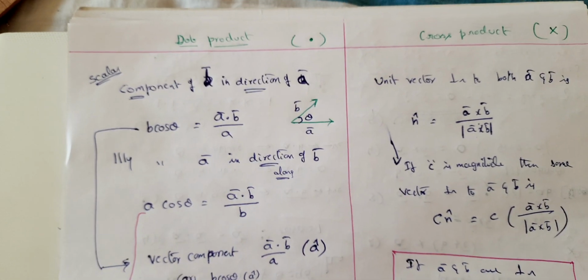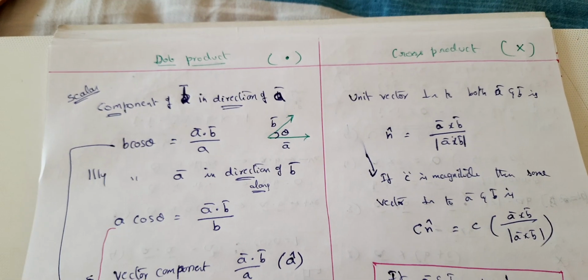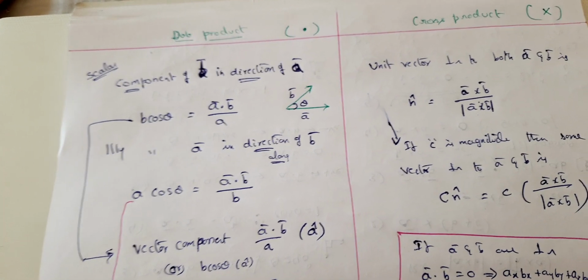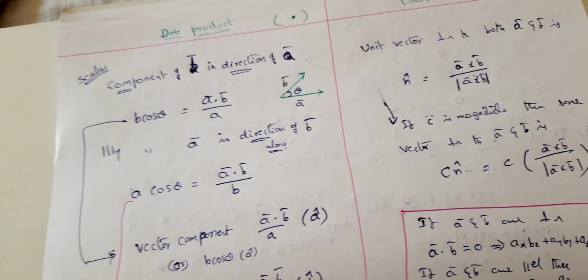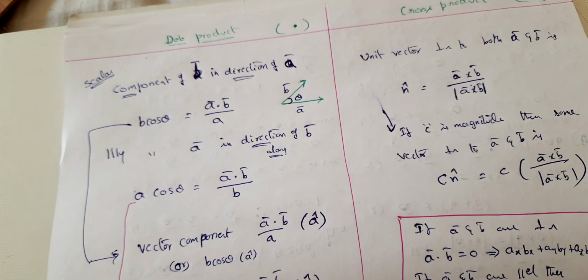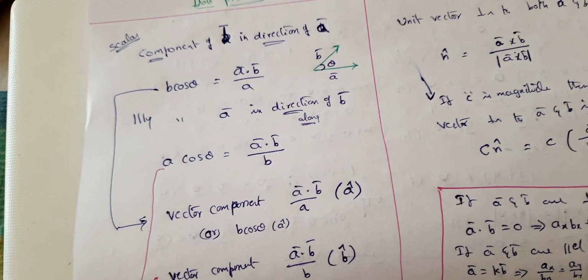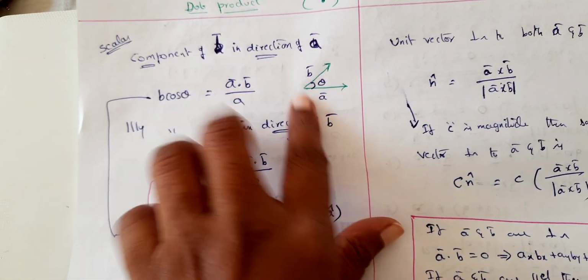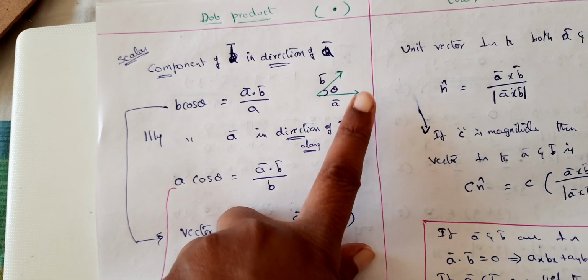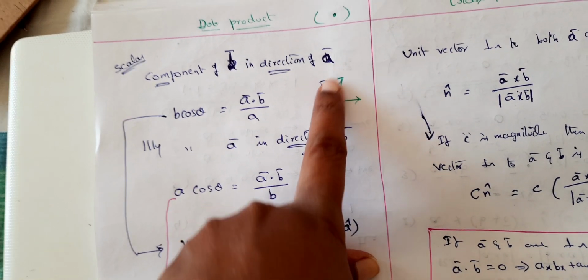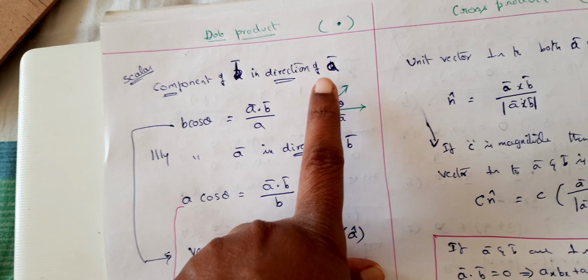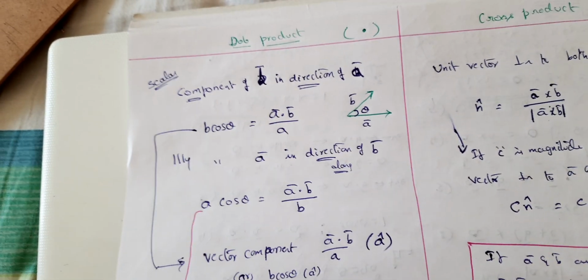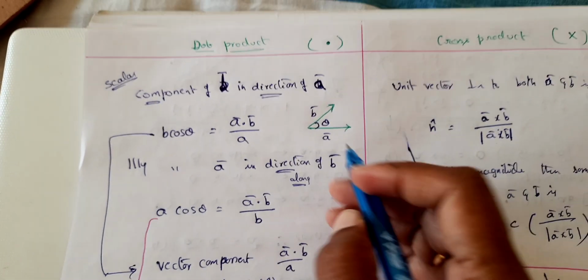So here we go with now where and how this dot product and cross product can be used, in which manner. That means you know the concept. Now we are bringing out some tools from the concept, right? So it is something like, suppose a bar, b bar are two given vectors, and this is a bar, b bar, right? Now the component of b bar along a bar, suppose if I ask, right?